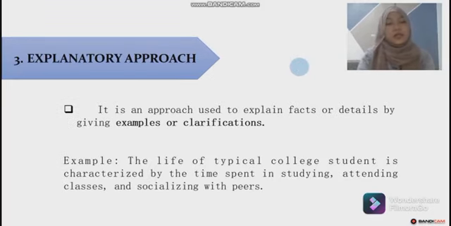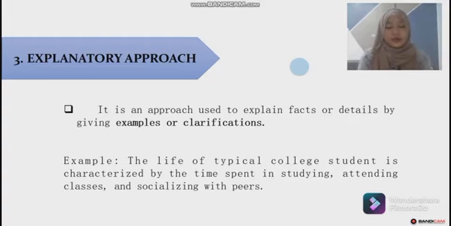As for number 3, the explanatory approach is an approach used to explain facts or details by giving examples or clarification. This approach just requires a factual explanation about the thing, and by that they give out a lot of examples in order to